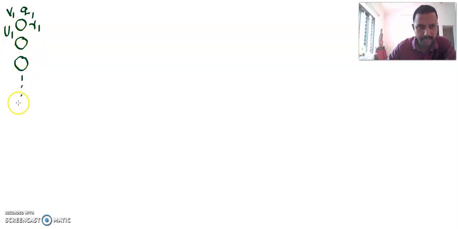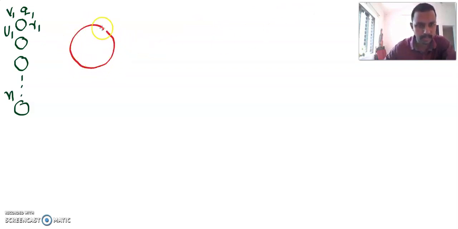We are having n such identical liquid drops, and we are combining all these liquid drops to form a single liquid drop. This single liquid drop has a charge, let me say the total charge accumulated on this big liquid drop is Q2. The radius of that liquid drop is R2, potential is V2 and potential energy is U2. Therefore, this is the big liquid drop. We have to compare the initial and final quantities, and let's formulate some expressions.